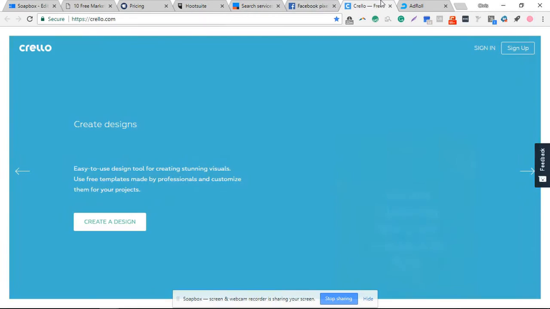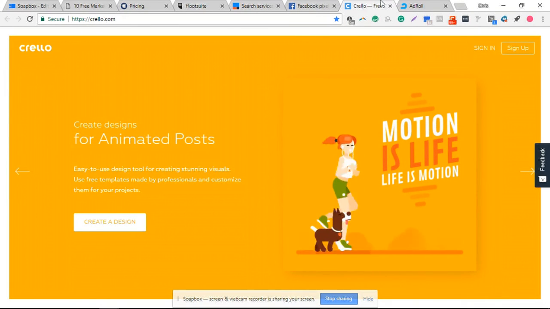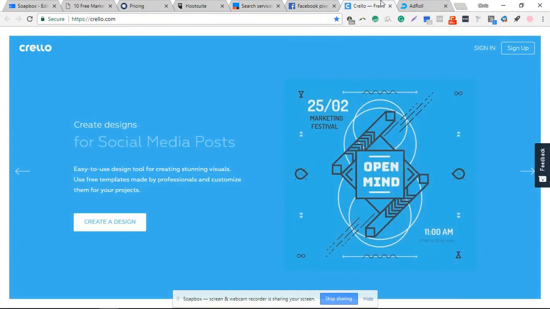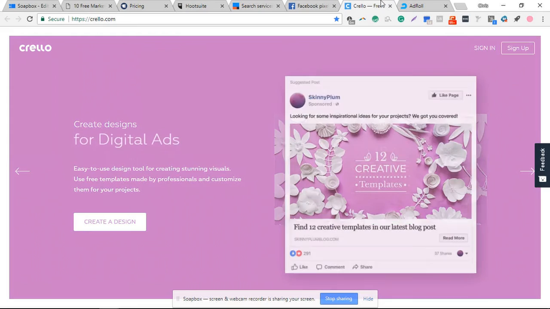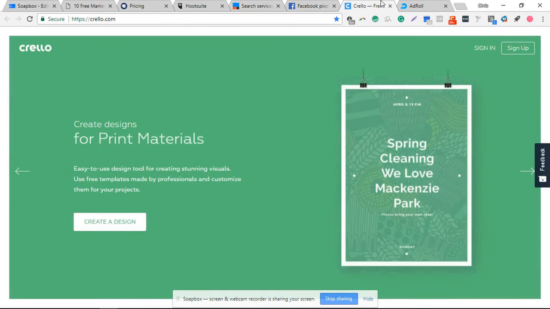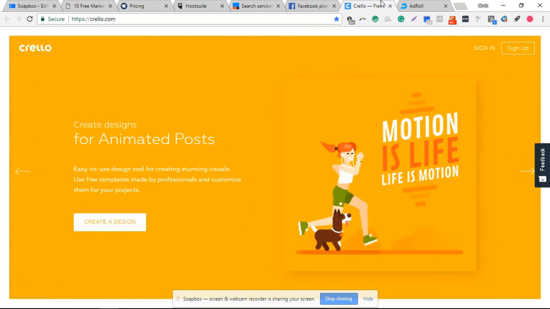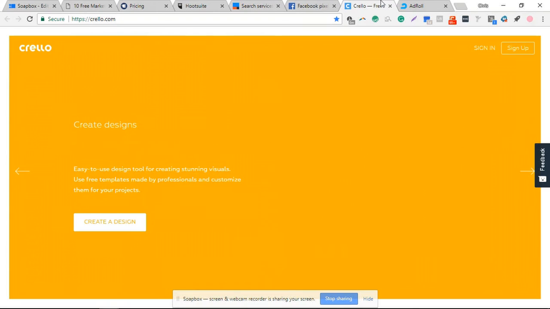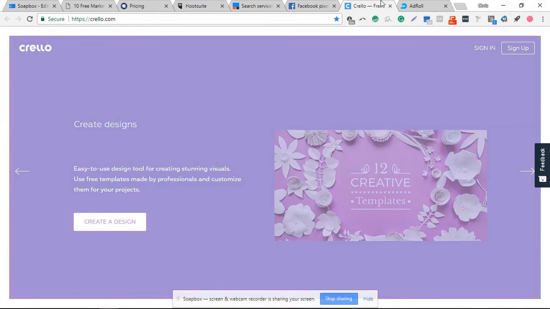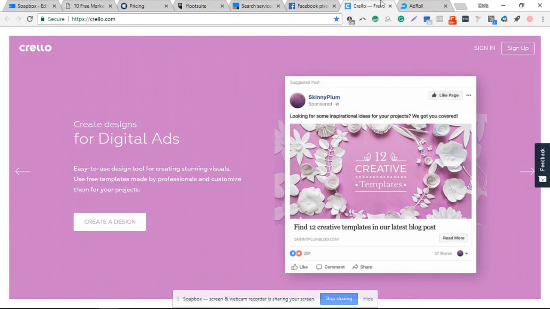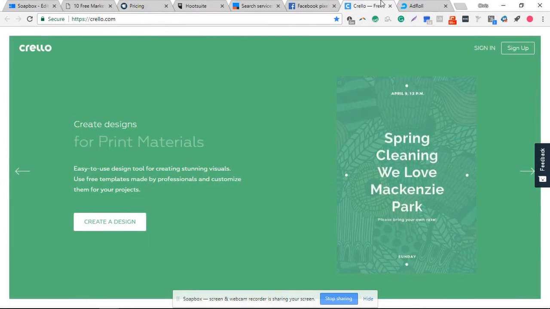So, okay, next is Crello.com. Crello.com is a graphic designer, just like Canva. Slightly different, of course, it's a different company, but you can see on here social media designs, digital ads, same thing as in Canva. They're the exact size you need. A Facebook post is a different size than a Facebook ad, and they will look different. So use Canva or Crello like we do to perfectly size them for what you need, because you want everything to look nice and professional.